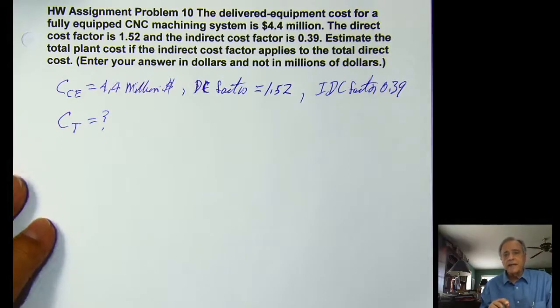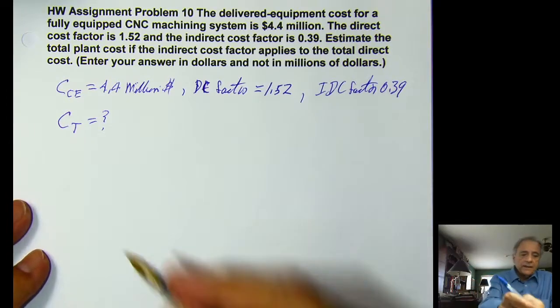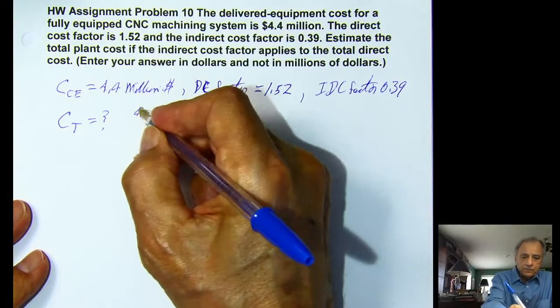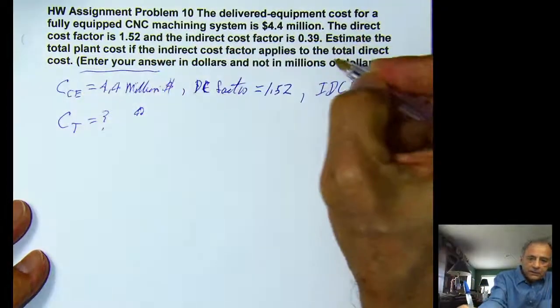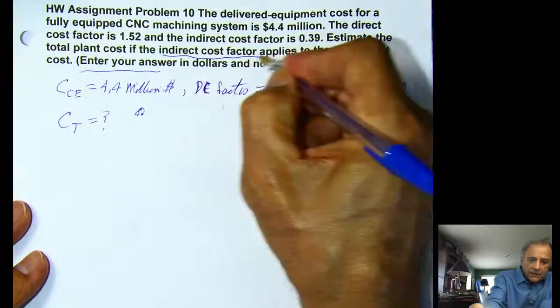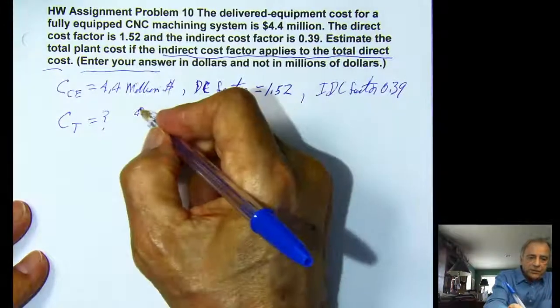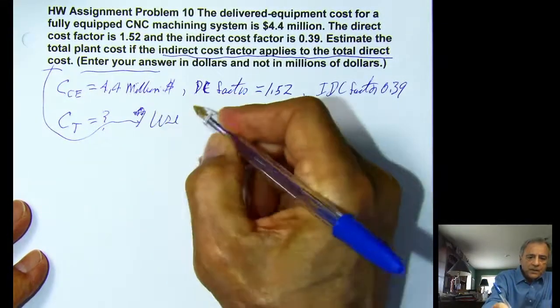So in this case, it applies to all of the equipment, and when that's the case, indirect cost applies to total direct cost. That means use equation